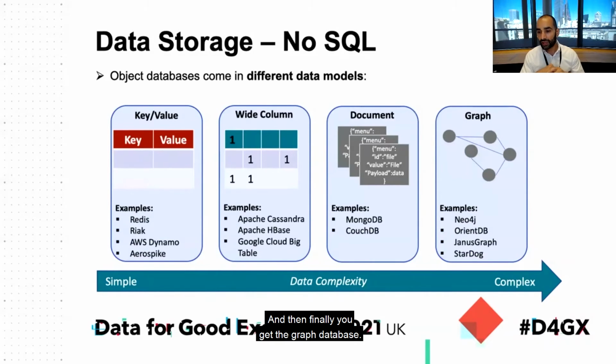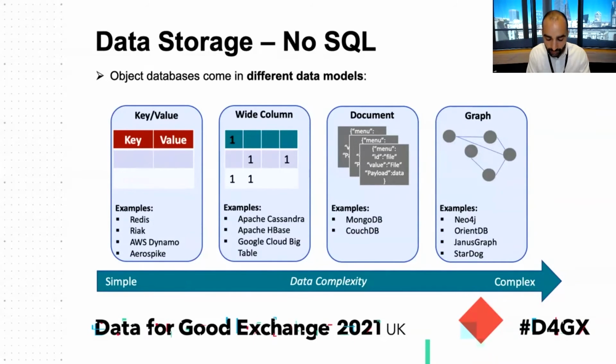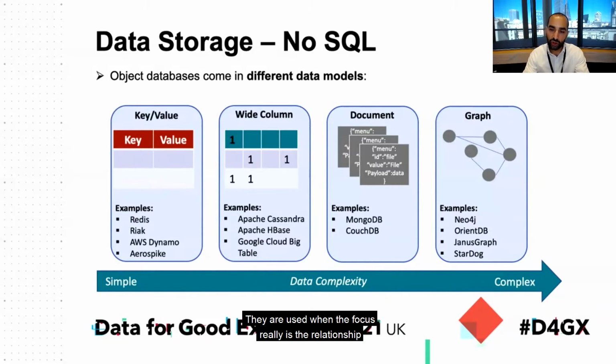And then finally, you get the graph database. These are the most complex forms of databases. They are used when the focus really is the relationship between the entities rather than the entities themselves. A great example of the use of graph databases is back in 2019, a huge Medicare fraud was uncovered in the US. The FBI found out that a lot of doctors were actually charging